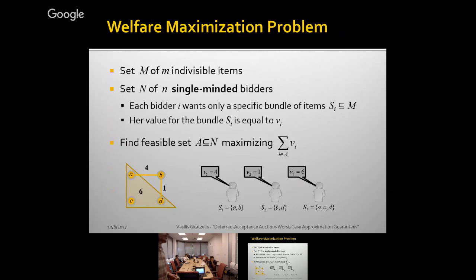Okay. So let's get back to the binary setting. So the first half of the talk is going to be about the binary setting. So remember again this single-minded bidders example. You have a set of bidders that want a subset of items. You have to choose which subset to serve. And as I mentioned, this is an NP hard problem. So even if you knew the values, that's a hard problem to solve. It's even harder if you don't know the values and you somehow need to convince people to reveal them.